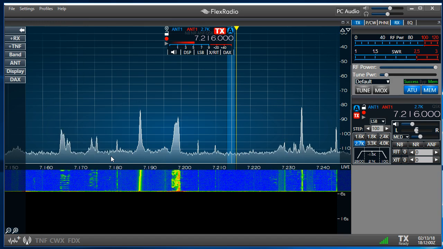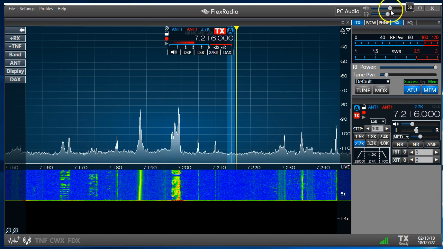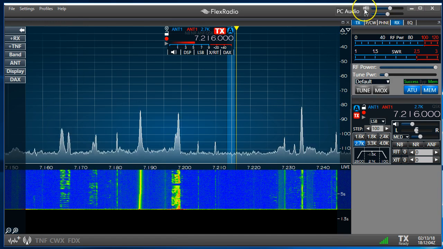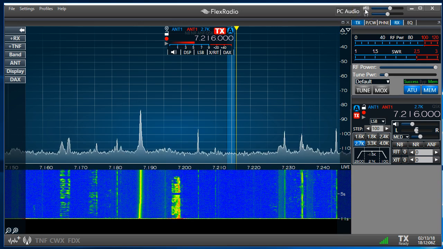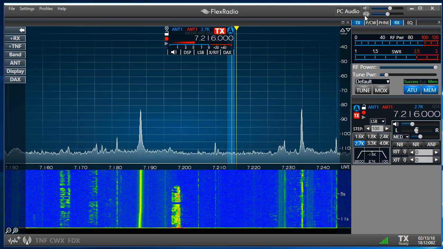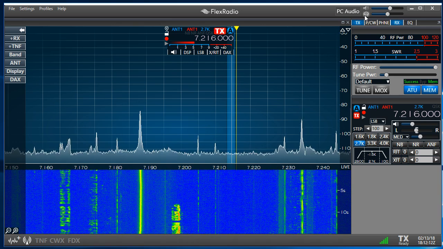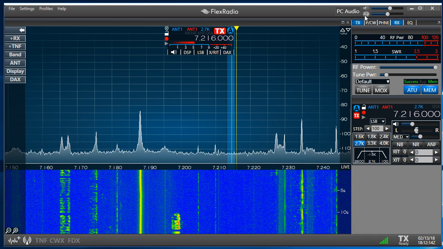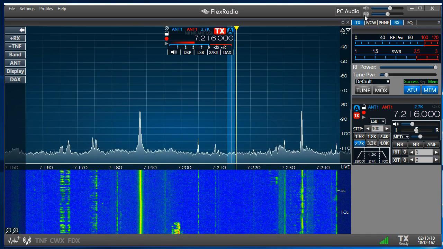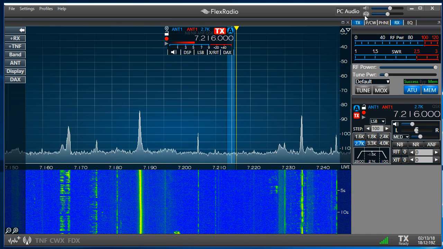So what's the first thing you want to do? We're now worried about these, our volume controls. There's the speaker volume for the back panel speaker on the radio, and there's the headset volume for your headset if you're plugged into it also on the radio. They're independent volume controls. If you're using your radio on your LAN and you're connected to it 100% by the